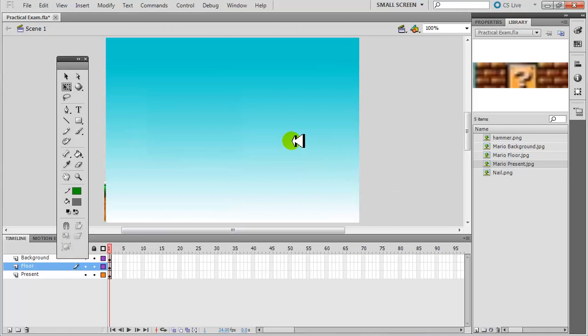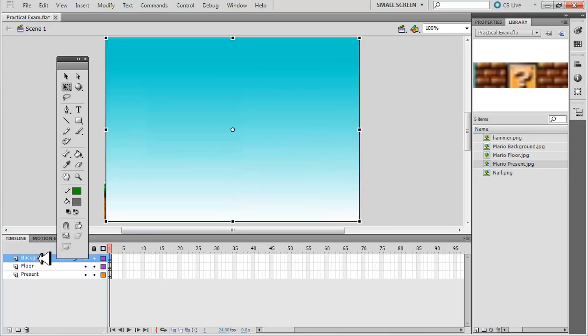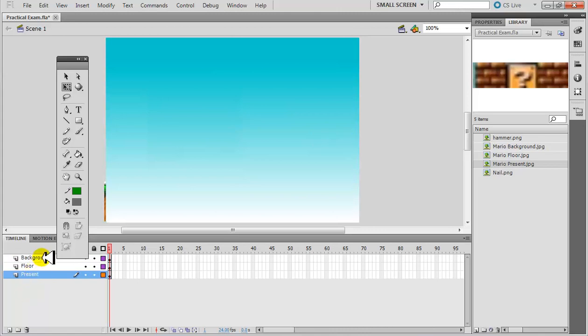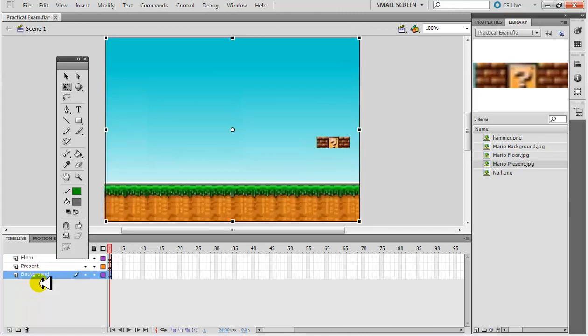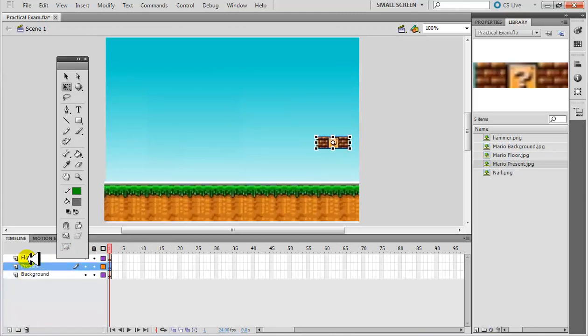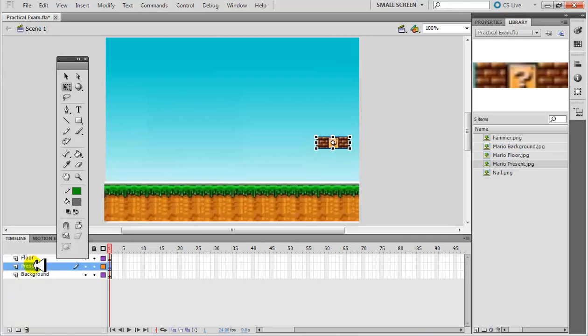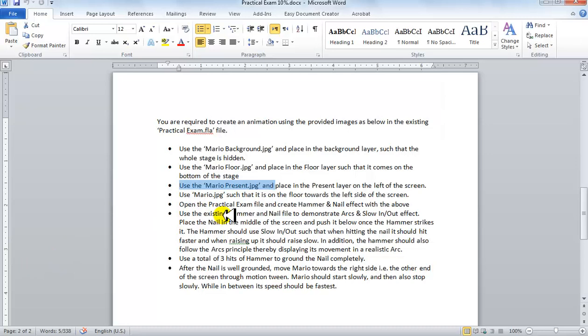So it means everything is behind the first layer, which is background, which is hiding basically the whole stage. And the floor and present also go behind it. So if I bring the background to the bottom, it means it is at the most back area, and in front of it is the present, and in front of it is floor. And because both of them are not obstructing each other, you can basically have them in any order as you like. So the fourth thing now is